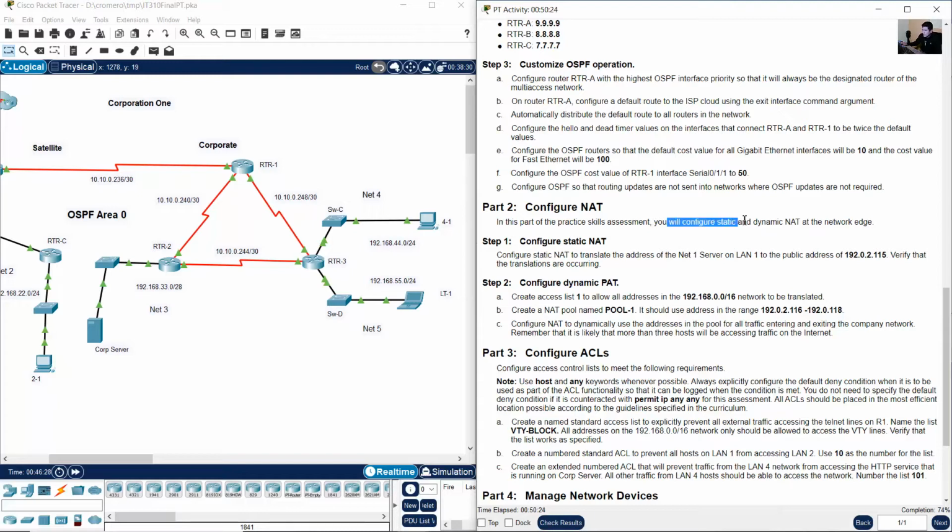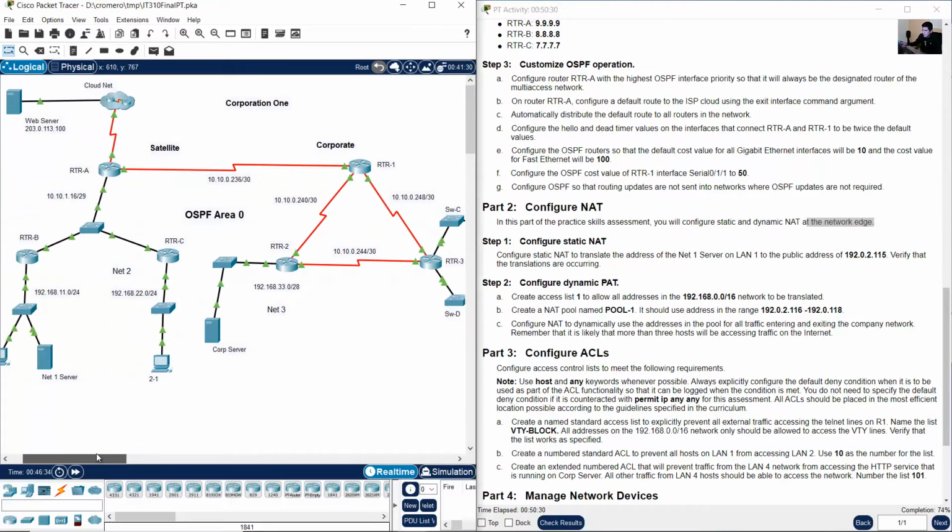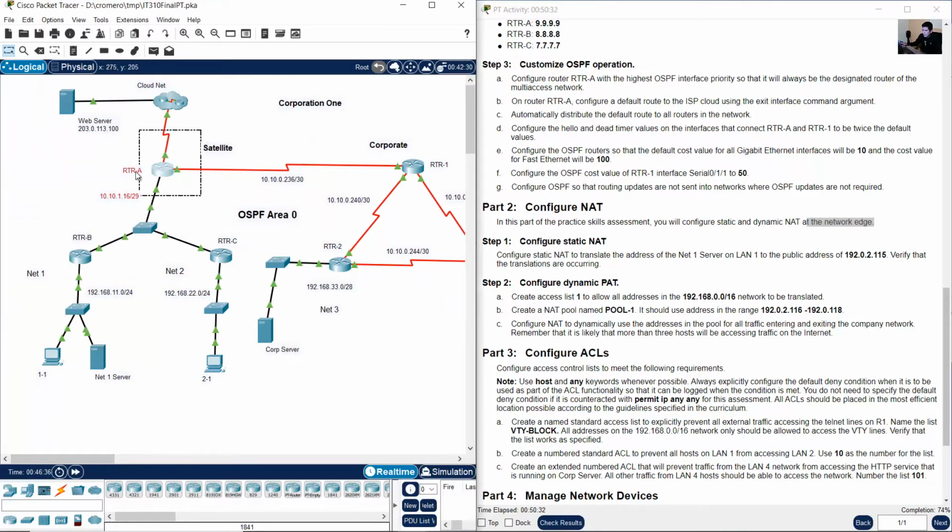You will configure a static and dynamic NAT at the network edge. Where is the network edge? Is this router A, because it's close to the cloud? Configure static NAT to translate the address of the net1 server, this server on LAN 1, to the public address